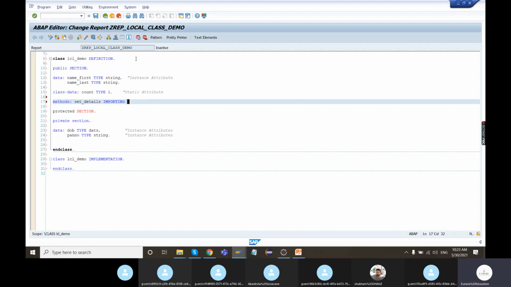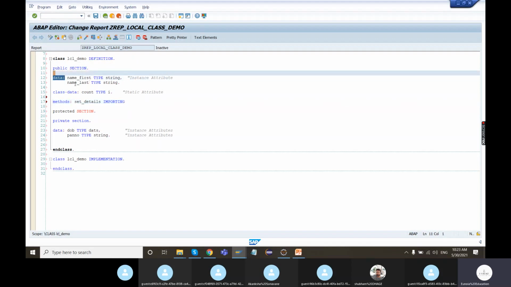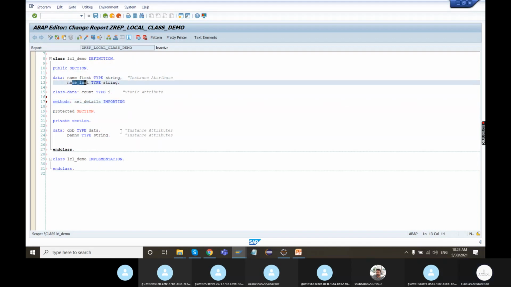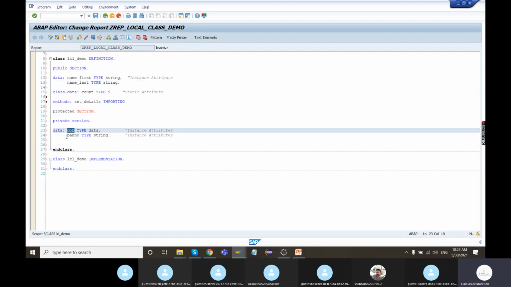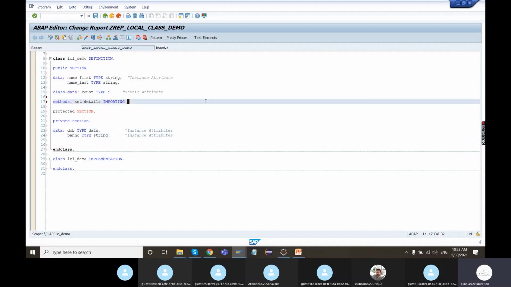What all data we need to set is the first name, the last name, date of birth, and PAN number. So I will use the naming convention IV underscore name underscore first of type string.